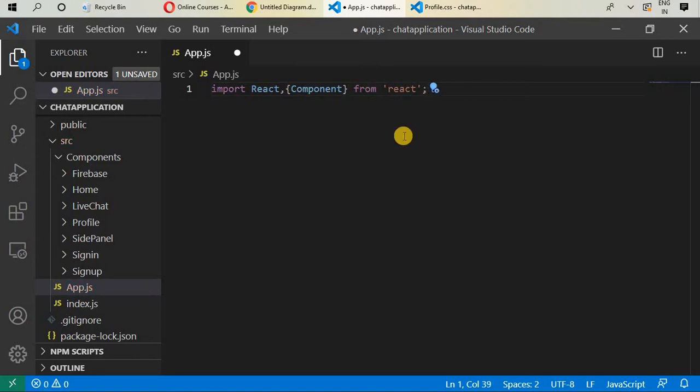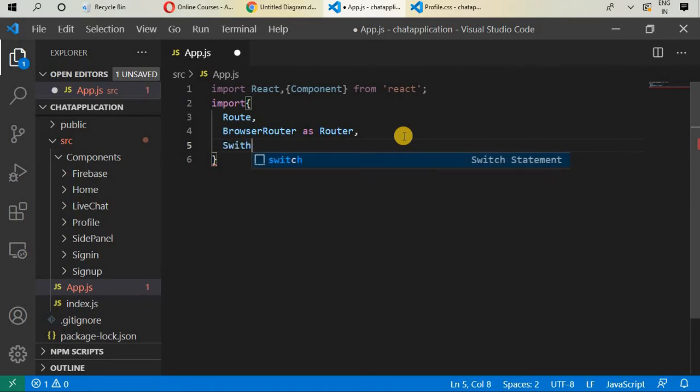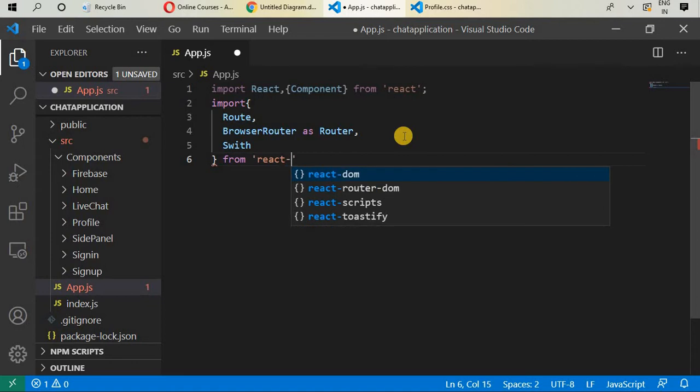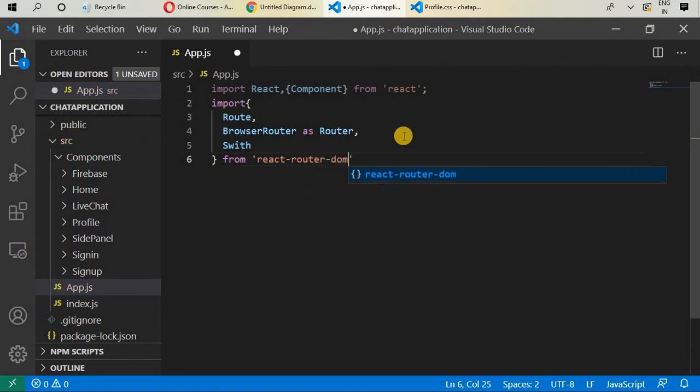Okay, we have installed our React Router DOM, so we need to import route so that we can navigate between different components. We need our browser router, and we will import it as router, and we need switch, and this is specific for this React Router DOM. And from React Router DOM,